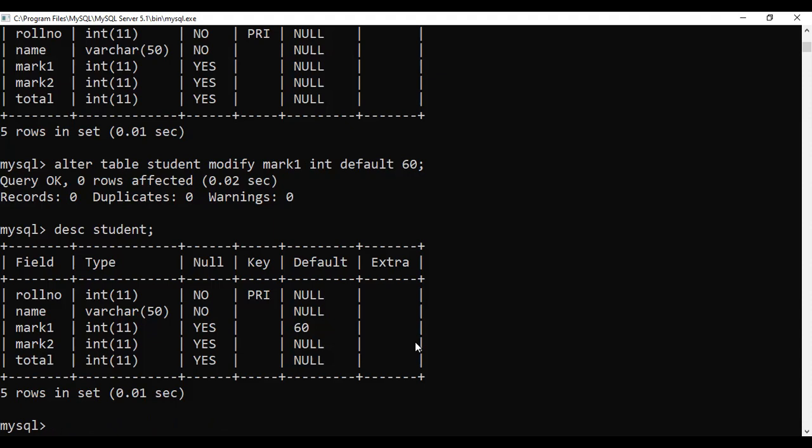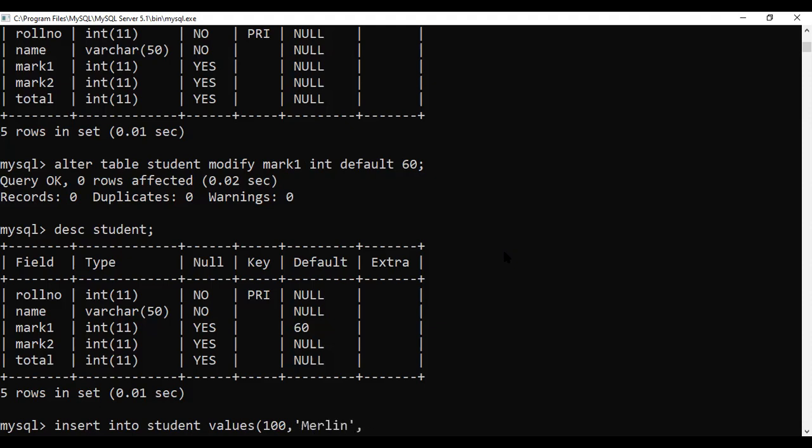Now moving on to the DML commands. First one is, now we have created the table, we want to insert the data. For that we have the command insert into. Insert into student values, and you have to specify the values. For example, 100 is my first roll number, or you can give 1, that's your wish. I give 100. Name is a character, so either in single or double quotes you have to specify. So I have given one name.